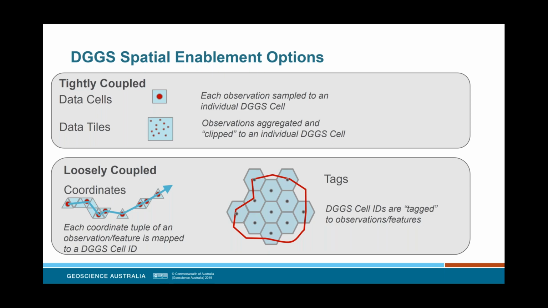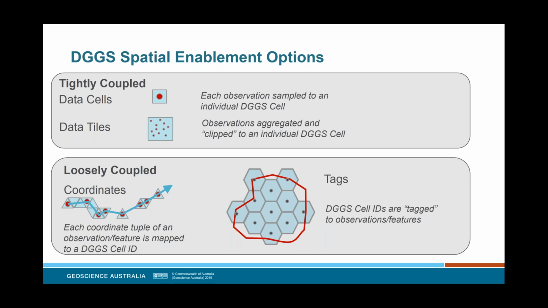We can also aggregate and group multiple observations and store them all inside a single cell. That's quite useful, and there have been a number of demonstrations of where that's worked really well,